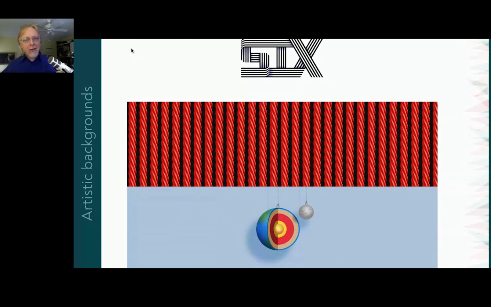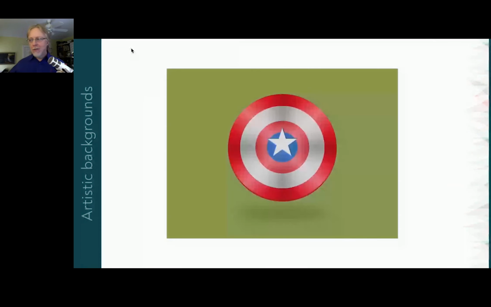But I also like this example from the bottom of Lynn's page. Captain America shield. If you're not familiar with the Marvel Cinematic Universe, it's kind of a plot point, but regardless, that star there, that's generated content in a before pseudo element. And the shadow below it, that drop shadow, is an after pseudo element. I'm going to take those away. So we get just the shield, which is still nicely textured and only uses 5 background images.